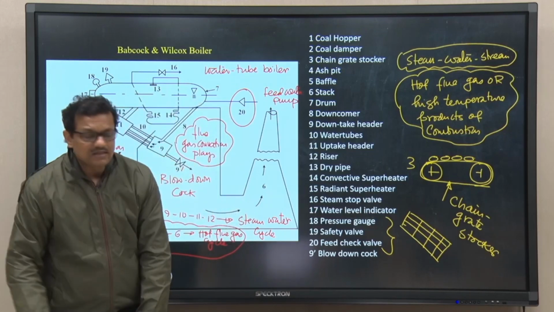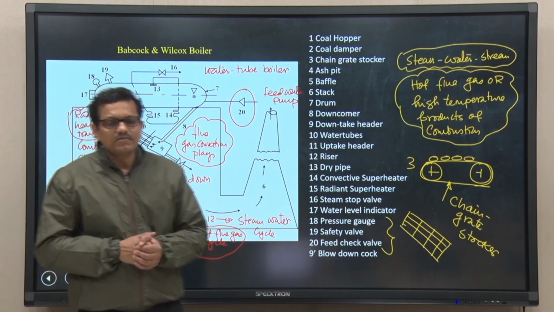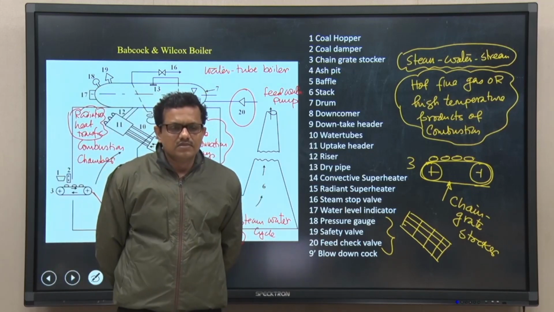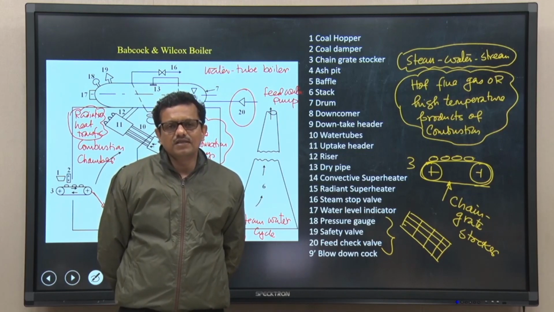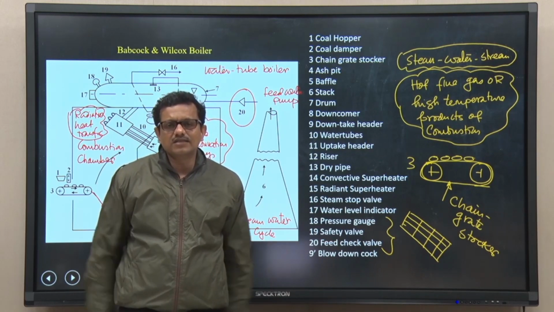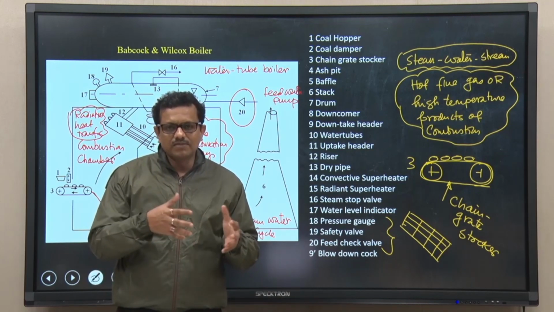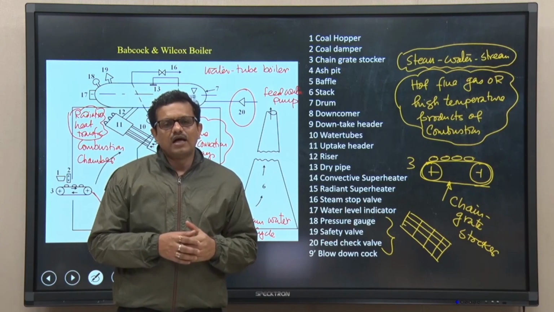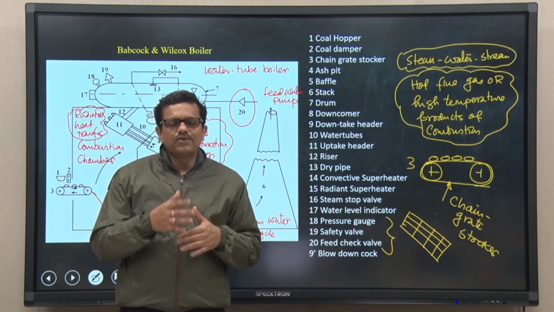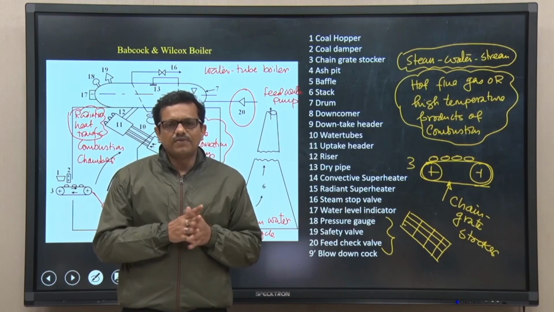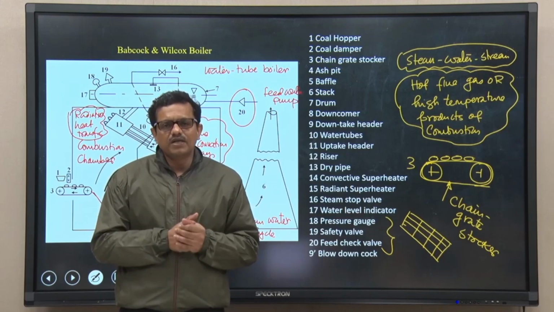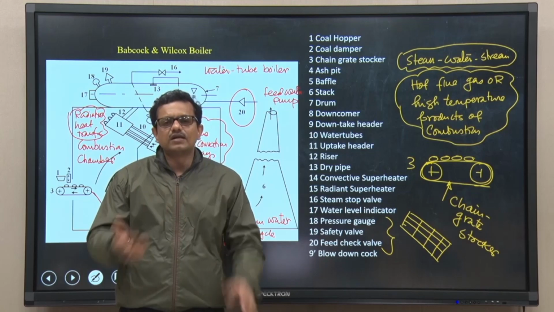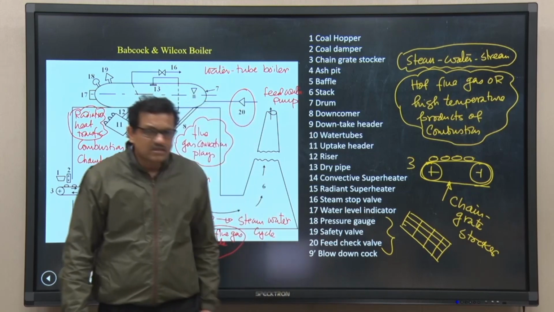To summarize today's class, we started our discussion from the basics of the steam power cycle, and we discussed why boiler efficiency is so important. From there we understood that it is essential to understand the flow of different streams inside the boiler, because if we understand the flow path of the different streams, then we can also modify the design. The entire objective should be to increase the boiler efficiency, which in turn will increase the overall efficiency of the plant. So, with this I stop here today,